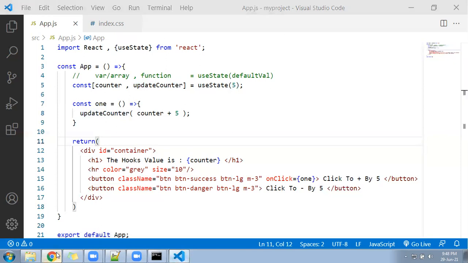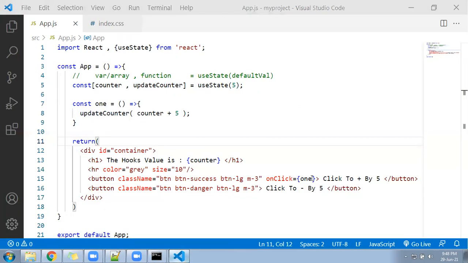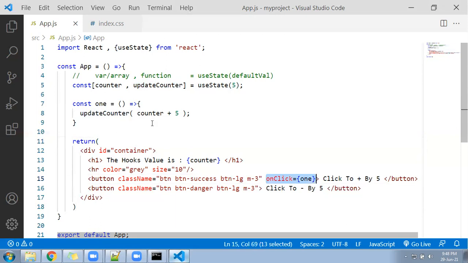Let me come to the browser and show you. Here is my browser and this is my default value, how much? 5. And after that, let me click here. Awesome. Increasing. You saw, the value is increasing. How simple the code is. Just onClick, that we know already. Then we call a function, updateCounter. This is also made by us only, and the variable is also made by us. Just the default value we have taken from useState, right? So look, it's simple compared to a class component.